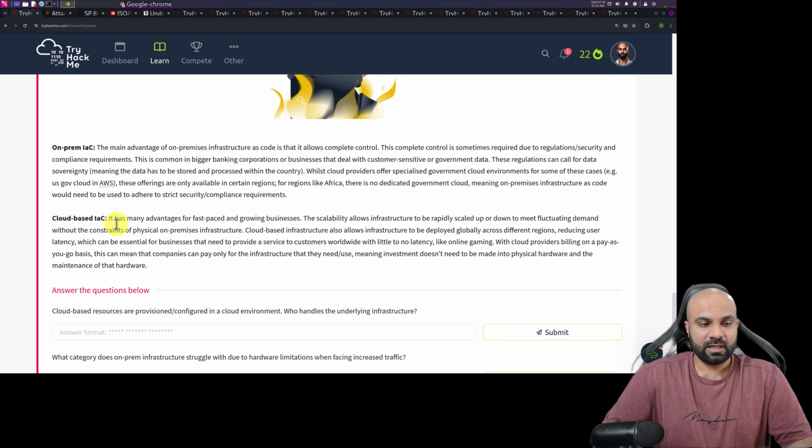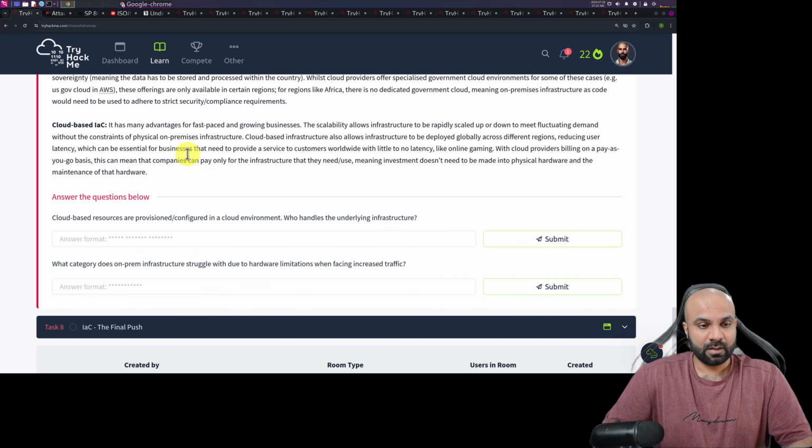Cloud-based IaC has many advantages for fast-paced growing businesses. The scalability allows infrastructure to be rapidly scaled up or down to meet fluctuating demand without the constraint of physical on-premises infrastructure. Cloud-based infrastructure also allows infrastructure to be deployed globally across different regions, reducing user latency, which can be essential for businesses that need to provide a service to customers worldwide with little to no latency, like online gaming.